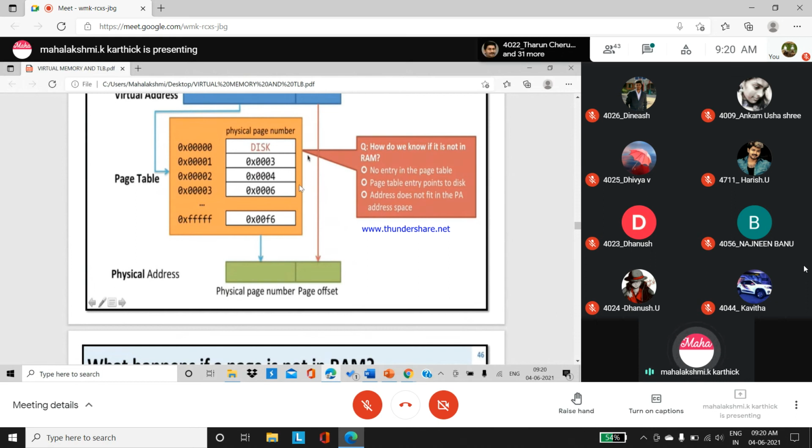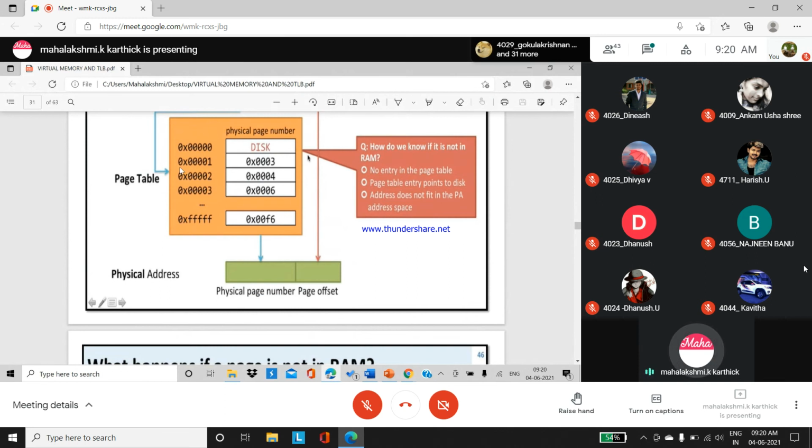அது உங்களுக்கு காமனா நம்ம யோசிக்கிறது. Okay, where the page number is pointed. If it is pointing to the virtual address, that virtual address is pointing to a physical address, but it is not in the RAM. So it is in the disk. And in the page table details, if it is a disk entry, then the data is not in the RAM, that is the meaning.